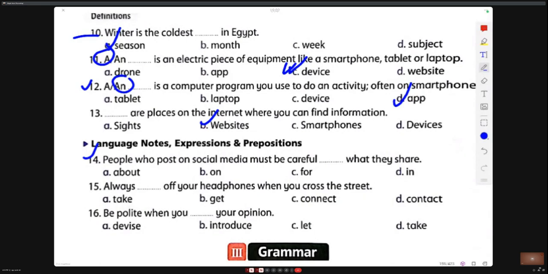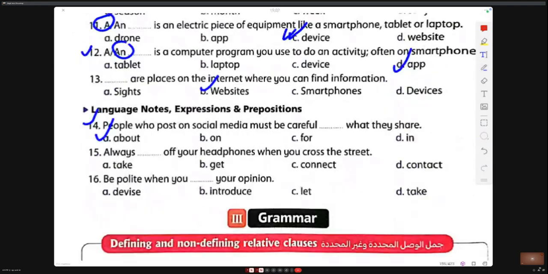Number 14. People who post on social media must be careful about what they share. Always take off your headphones when you cross the street.